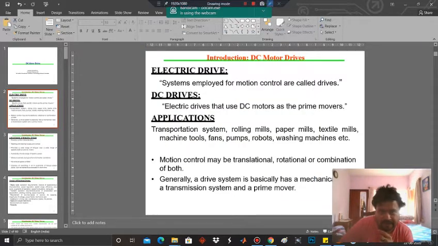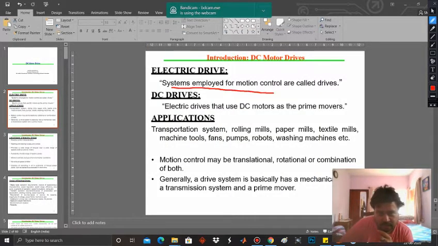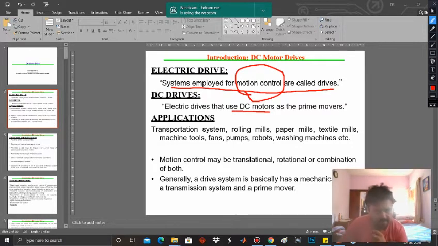So this we have already studied, that systems employed for motion control, they are called drives. So controlling of the motion is very important. And electric drives that use DC motors as the prime movers are called DC motor drives or DC drives. So first, let us study that before going deep into the details, we have to see that